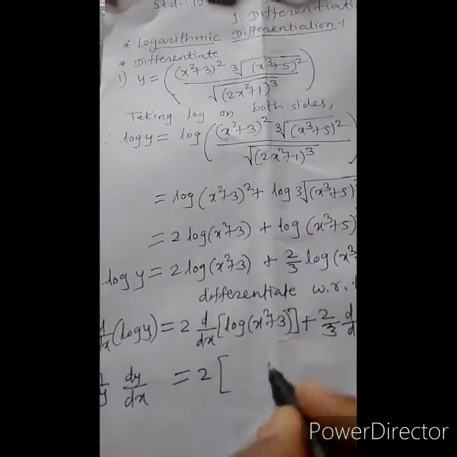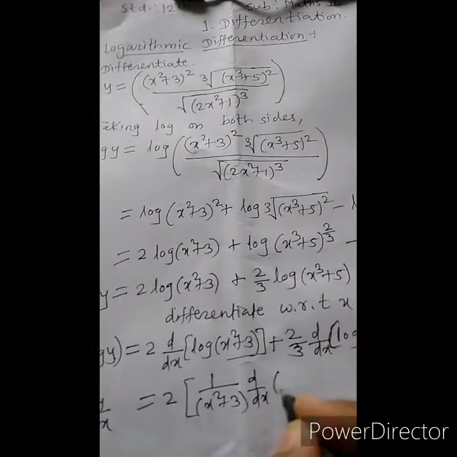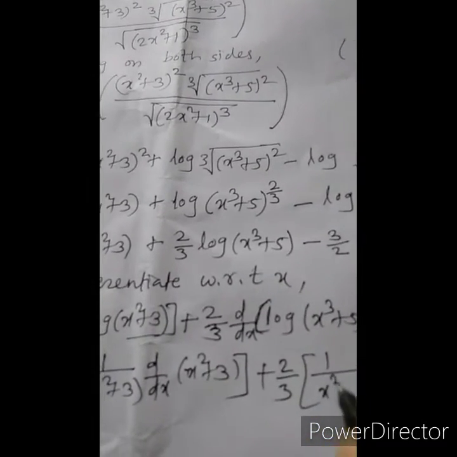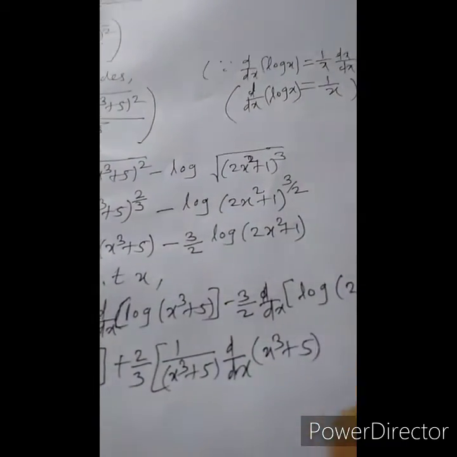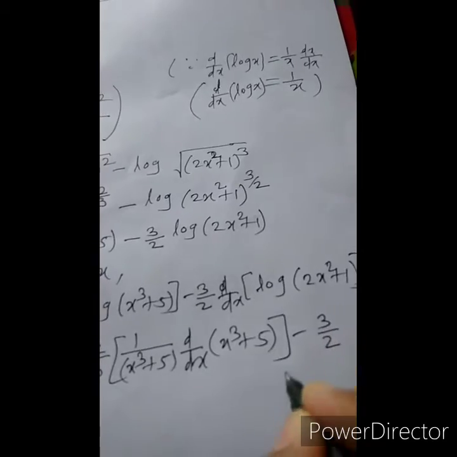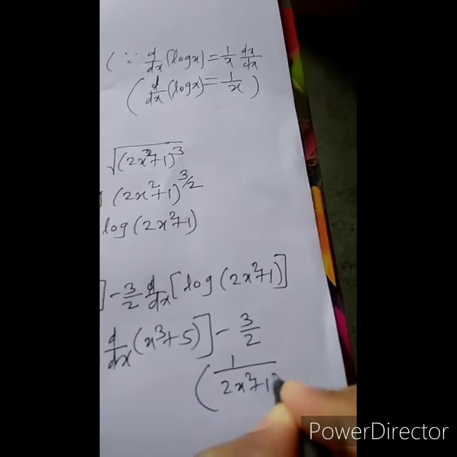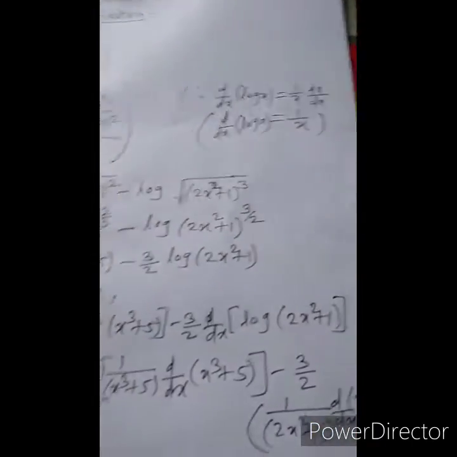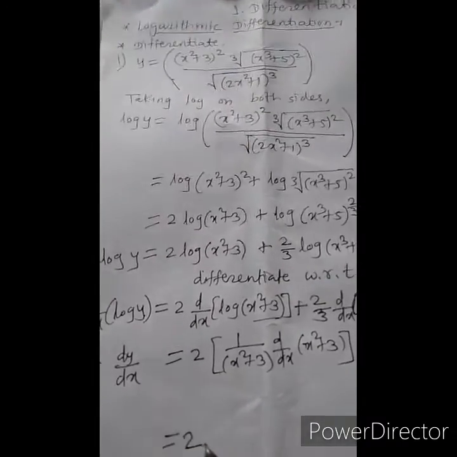So 2 log of x square plus 3 becomes 1 upon x square plus 3, and again we have to take the derivative of this x square plus 3, plus 2 upon 3, 1 upon x cube plus 5, and again we have to take the derivative of x cube plus 5, minus 3 upon 2, derivative of this log of 2x square plus 1 is 1 upon 2x square plus 1, and the derivative of this 2x square plus 1. Now, 2 as it is,